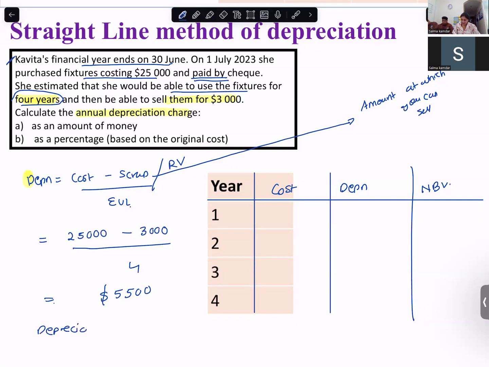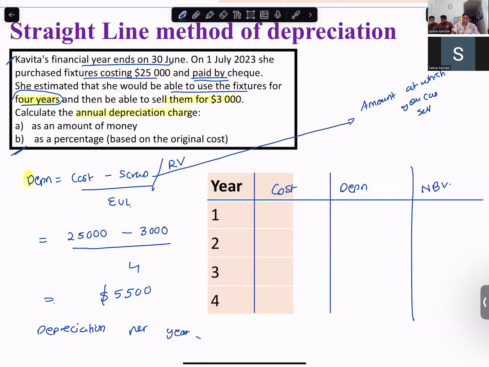This is the depreciation per year. In the straight line method, the amount of depreciation remains the same, remains fixed, every year. Are you with me? Now,